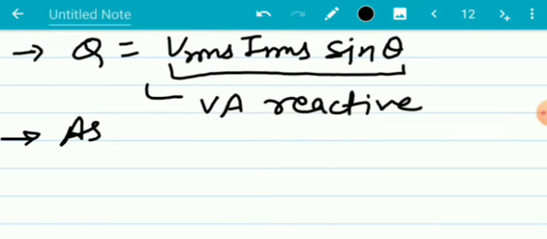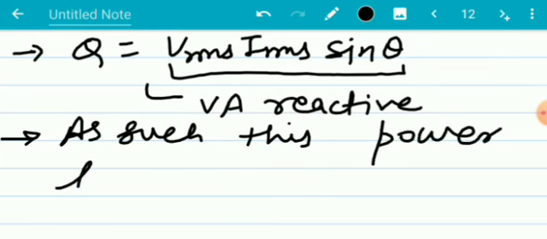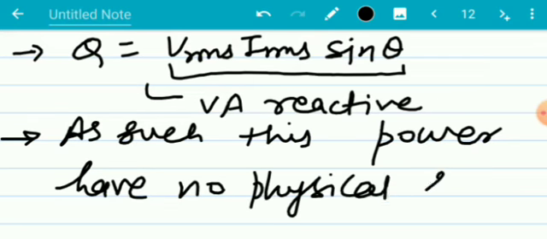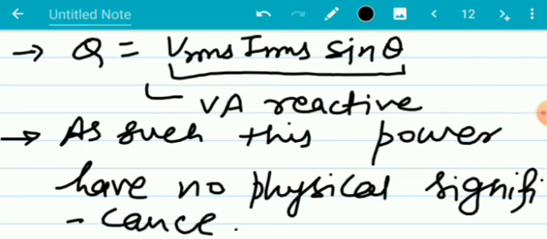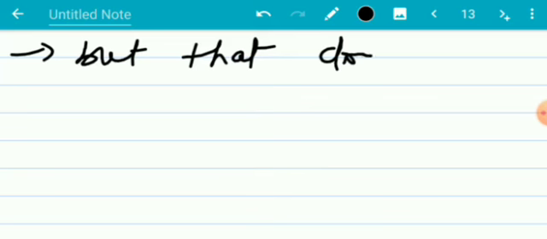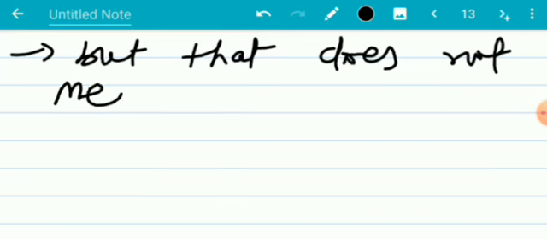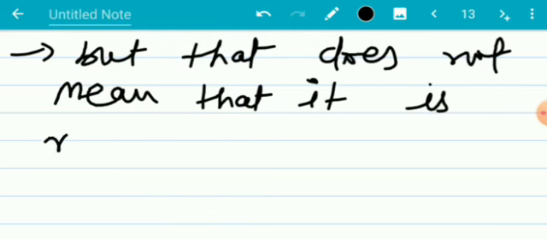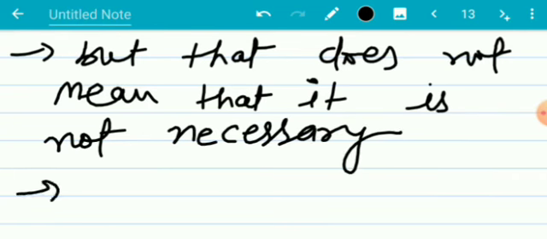As such, this power has no physical significance, but that doesn't mean that it is not necessary. It is very much necessary, as the real power is, because